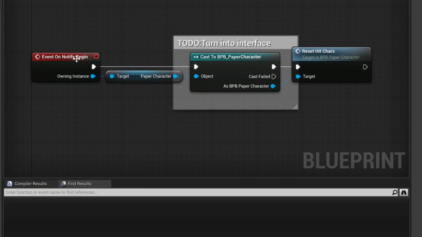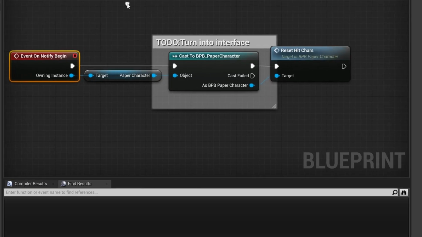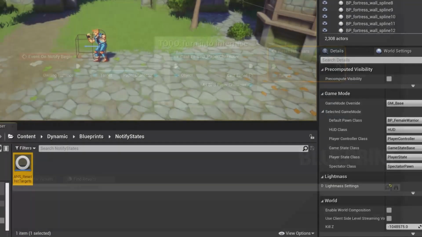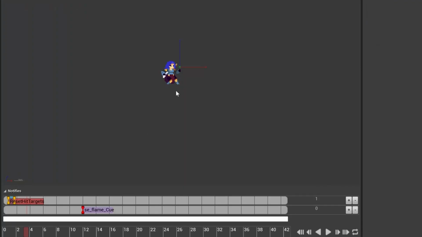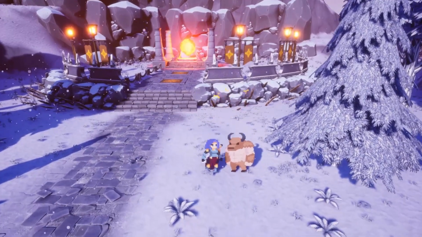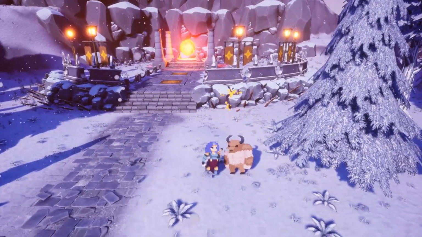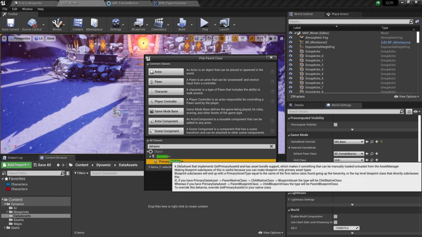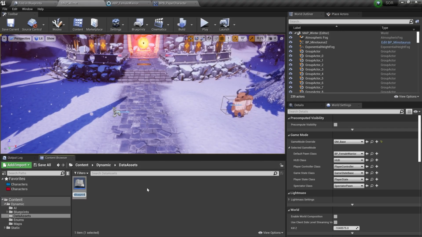We only really need the onNotify begin event from that anim state, so you might think we could also just use an anim notify instead. However, anim notifies are really unreliable and not guaranteed to trigger, while anim notify states are. The attack can now hit up to 3 times, however it will look a lot better once I have hitstop implemented. As a preparation for that, I needed to set up a data asset system with attack data